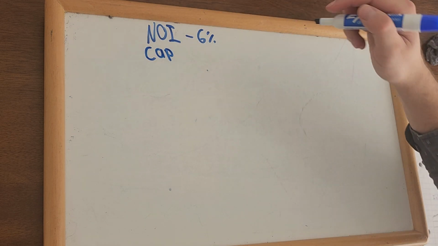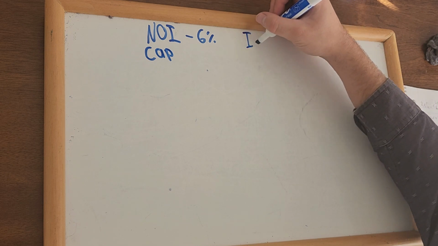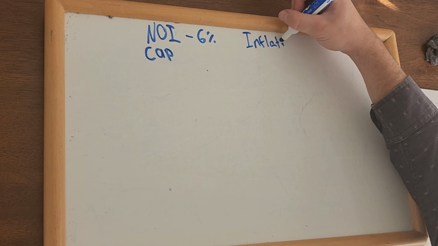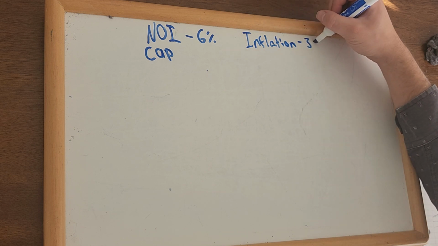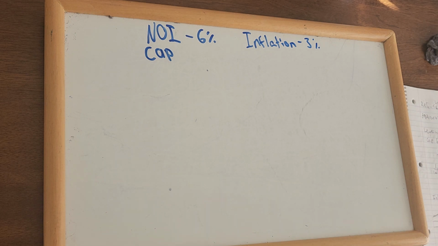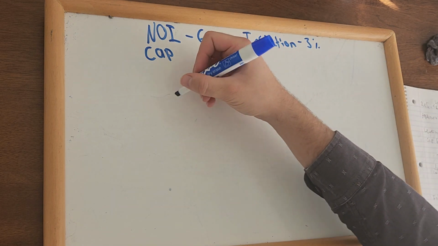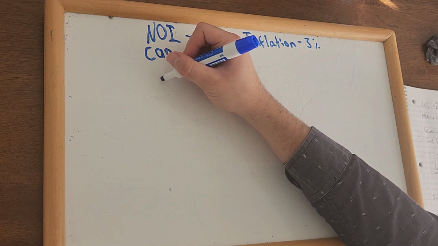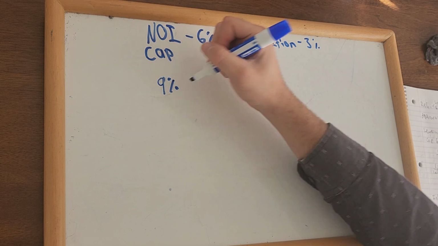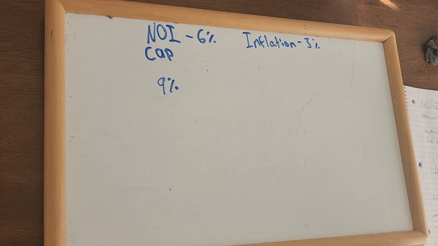okay? Now, what if we also had inflation of 3%? So combined, we're going to assume that because the inflation index is tied to the real estate market fairly heavily, that real estate is going to go up with inflation. And so that this is a total return on investment of 9%. Okay. Now, yes, I did use the term return on investment, and that's because we're not financing this investment yet, right?